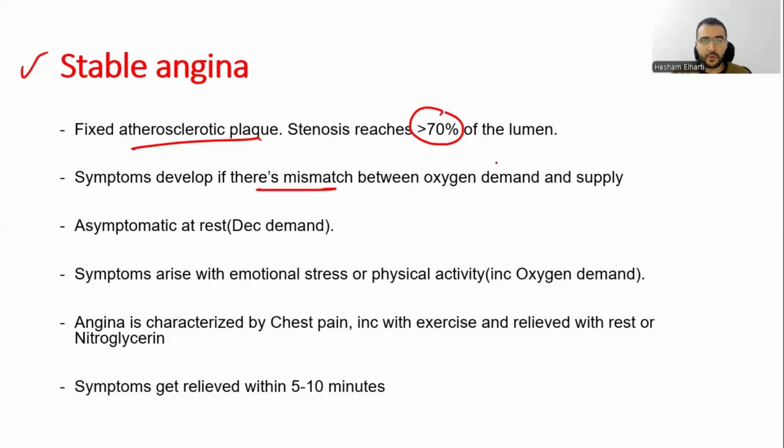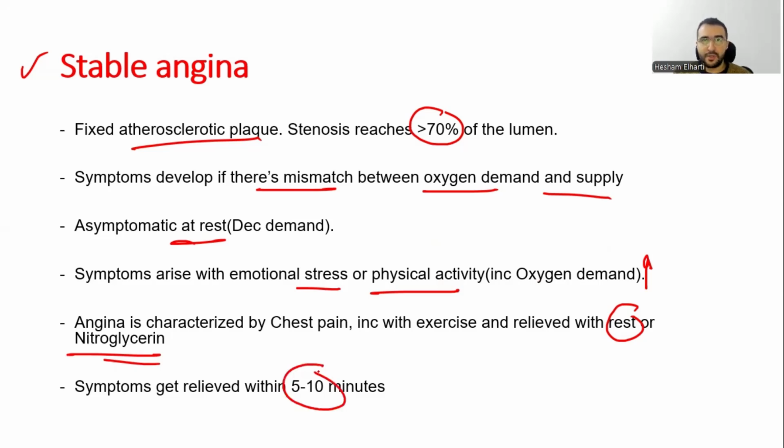It's due to a mismatch between oxygen demand and supply, and it's asymptomatic at rest because at the basal heart rate and contractility, the oxygen demand matches the oxygen supply. But if the patient increases the heart's work, such as with stress or physical activity, it increases oxygen demand. As a result, symptoms of angina develop. It will be relieved by rest or by taking nitroglycerin, which acts as a vasodilator. Symptoms usually get relieved within 5 to 10 minutes,